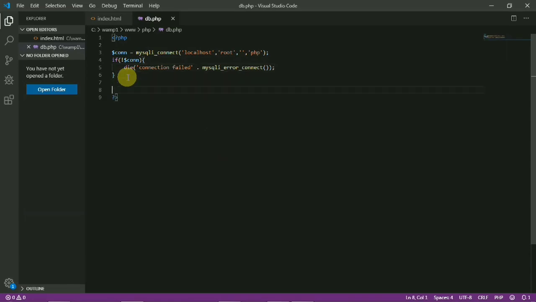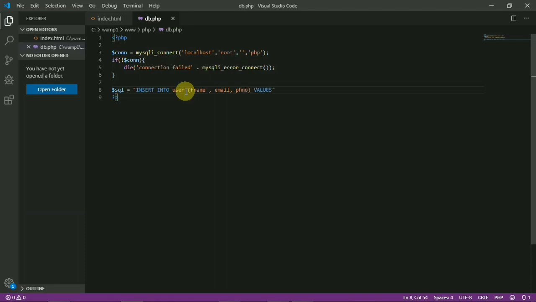Also I am creating one more SQL query by using an insert query. By using the insert query, we have to insert the data into the database: insert into table name and columns fname, email and phone number, and the values.